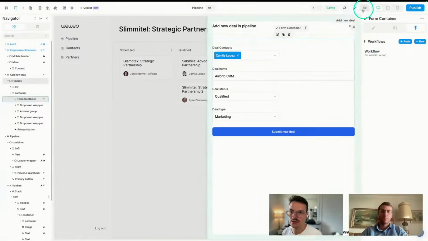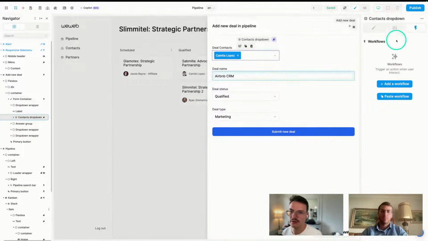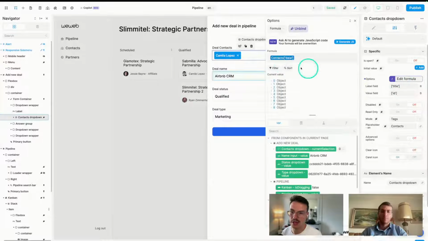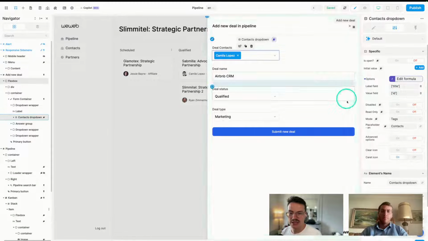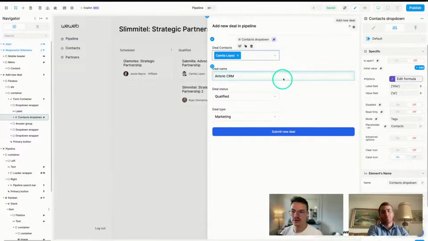You see this dropdown, it's also bound to the contact collection. Sorry. What it does is display the name of the person, but it will give me back the ID of the person. And I have to send back the right ID